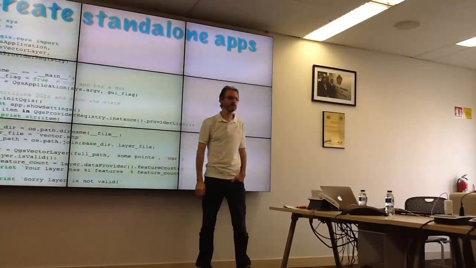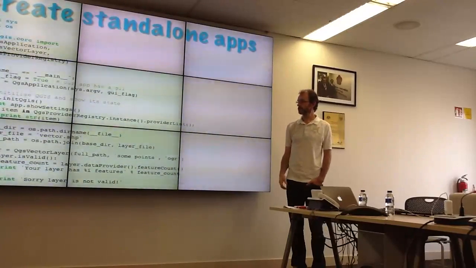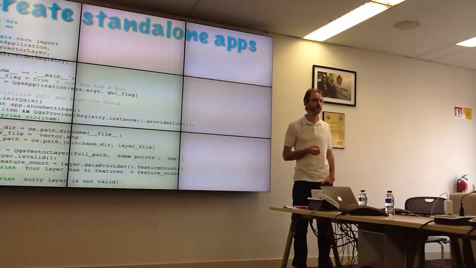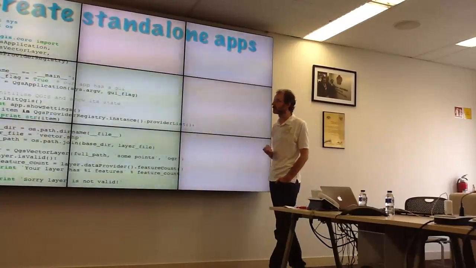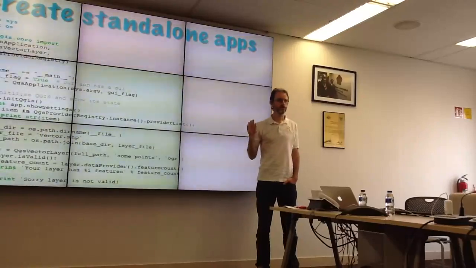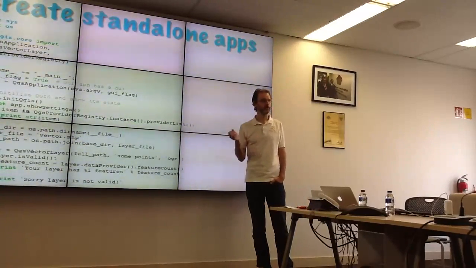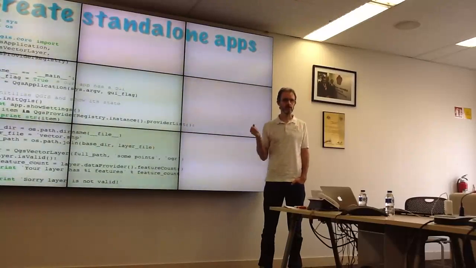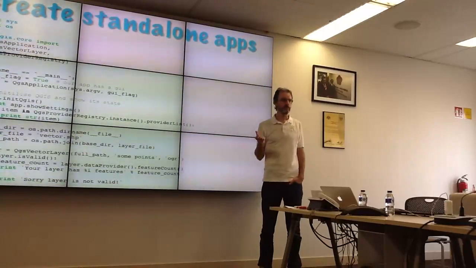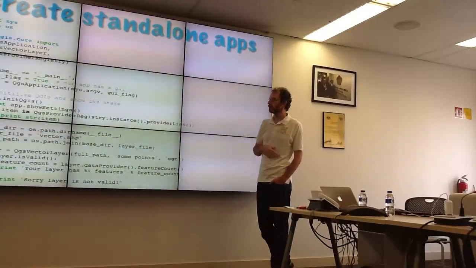Provider registry is another singleton class which keeps a list of all the different data providers we support. So QGIS has this concept that we're data source agnostic. We don't care what kind of data source you have. If you want to read in a data source that is new, you create a provider. You can think of it like a driver or a database driver. If you use Django, you